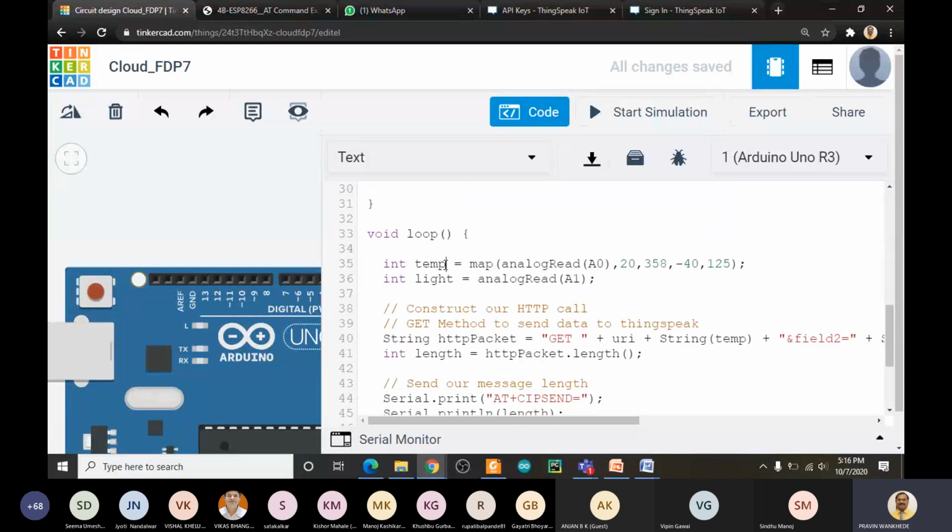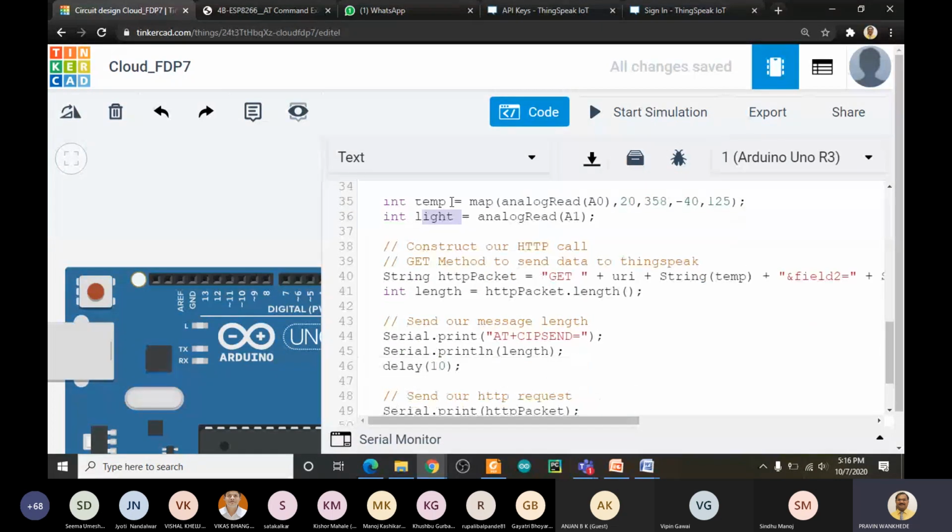So we would like to send this temperature value and light value. So we have analog read A0 there, and we are mapping that value from 20 to 358, from minus 40 degrees Celsius to 125. And then we have A1 there. So we are reading the A1 as light. So its value will range from 0 to 1023, or around 900 to 1000 we will get that value.